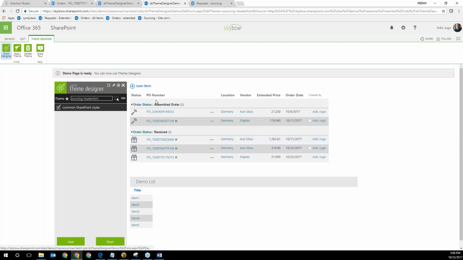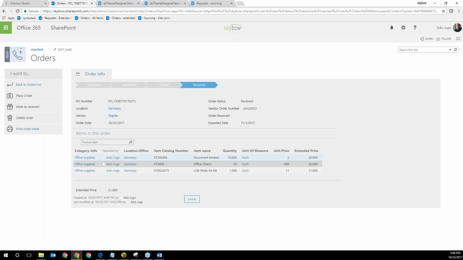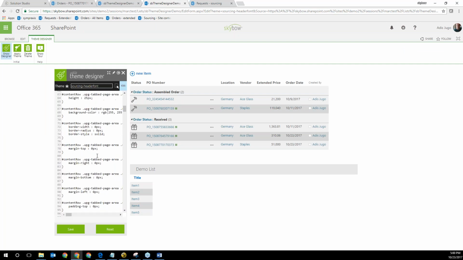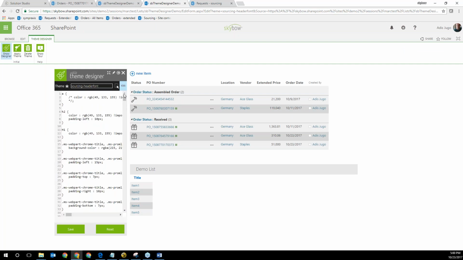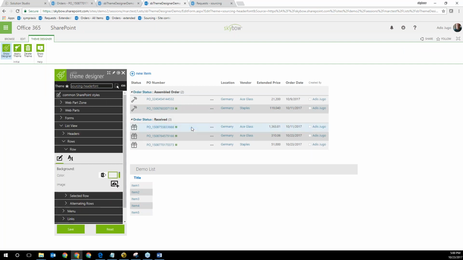As you see here, I don't have ribbon bars. I don't have any standard quick launch. I have a very clean and polished interface which guides the user from A to B, from left to right in the whole order process. In the meantime, I have this open. I can look at the resulting CSS, which is implemented in the page, or I can go to the page designer and select any element.